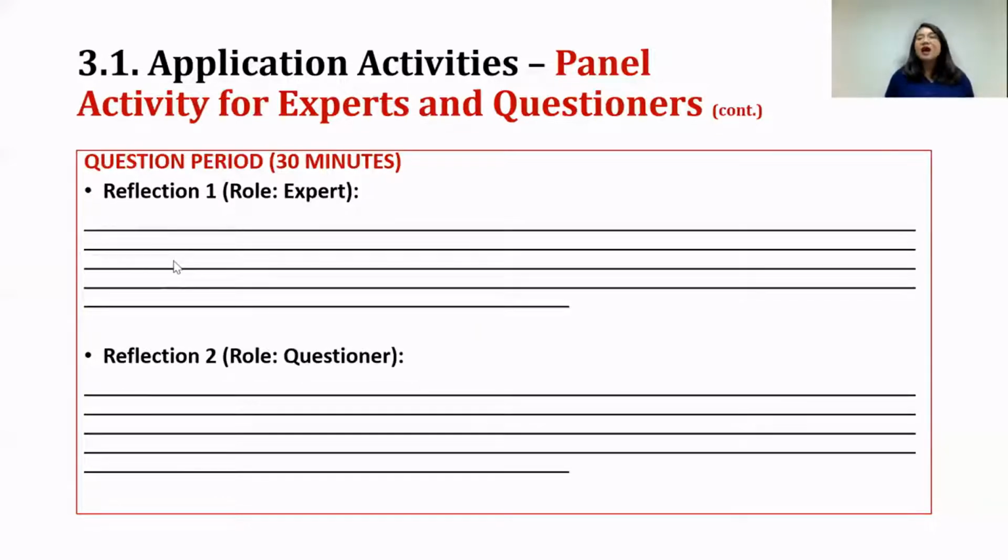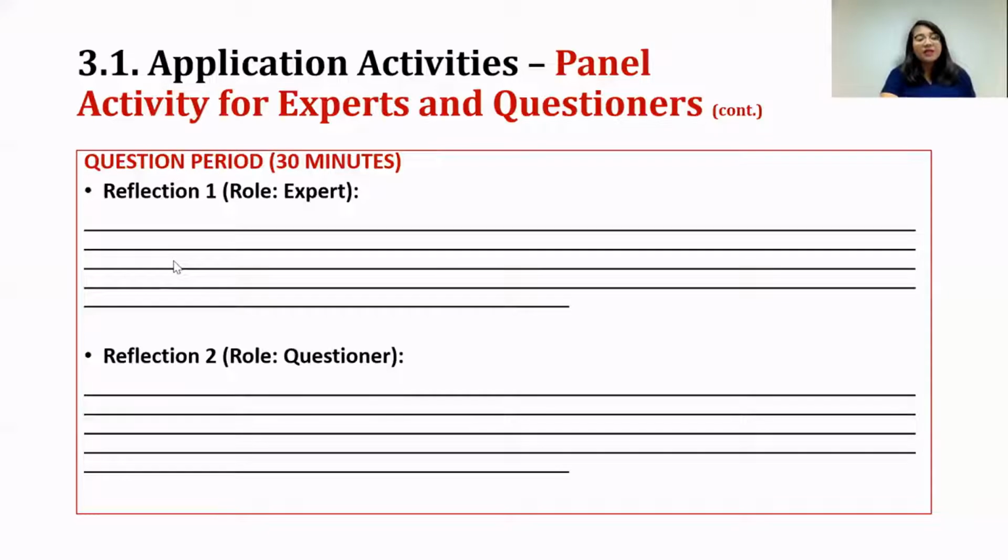So you can repeat that: in the first session, someone will be a questioner and someone will be the expert group, and then reflection, and then swap roles, and then reflection again. But if that is not doable in your classroom, you can just do the first session. Just do the first stage: half of the class becomes the experts, the other half becomes the questioners, and then reflection, and that's all. That's also doable.